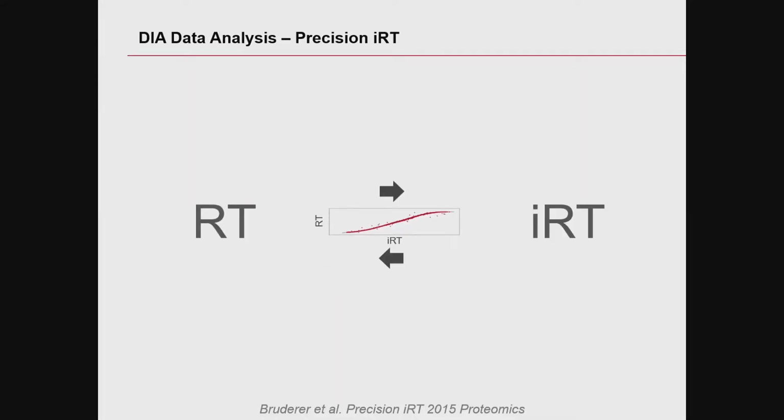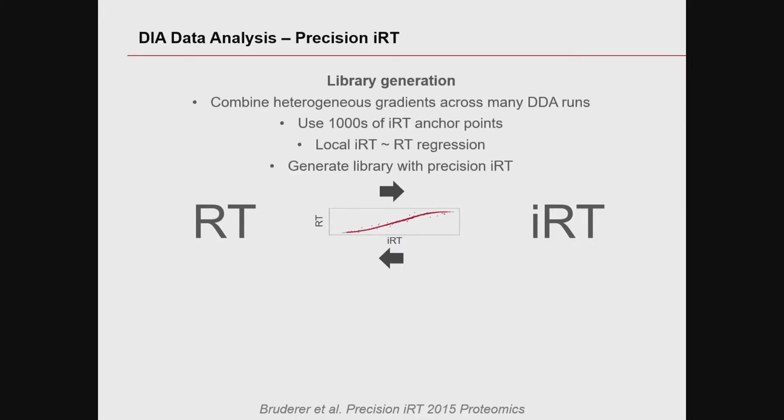And yeah, so you can describe the library generation and the data analysis going back and forth between retention time and iRT. And when you generate a library, it means that you combine heterogeneous gradients, can also be homogeneous, but can also be heterogeneous, across normally many DDA runs. And now we can actually use thousands of anchor points to do this, to be more accurate. And to do this, you would basically make a local regression, iRT versus RT, and you can generate your library with what we call precision iRT, because we have a lot more than just 11 data points to do the